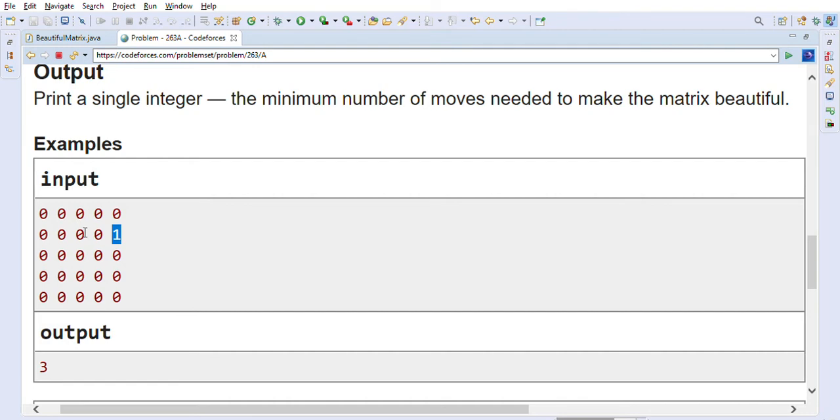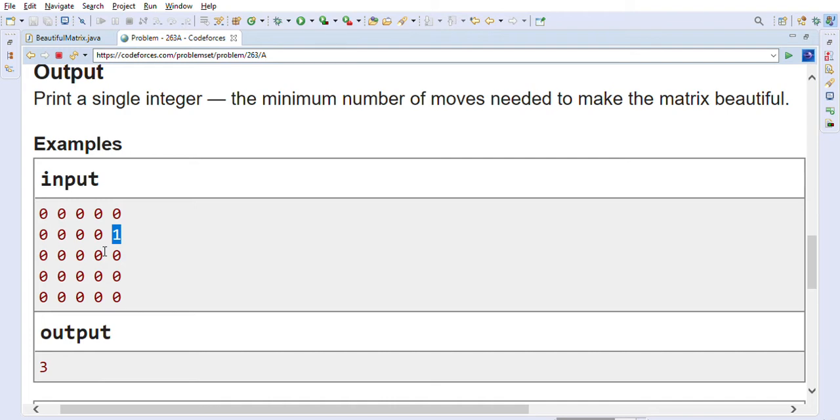Or you can go to this 0, this is one step, then from this to this it is the second step, and from this 0 to this one it is the third step, right? So the total steps we are taking is 3, from the middle of the matrix to reach the 1. So basically we are calculating the shortest distance between the middle of the matrix and the 1,